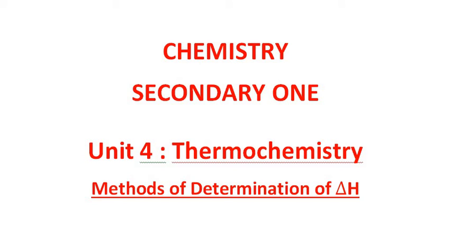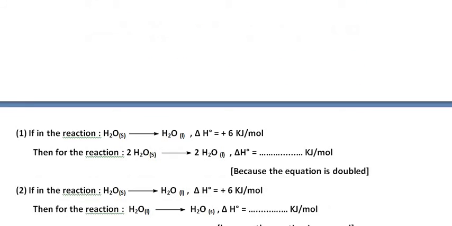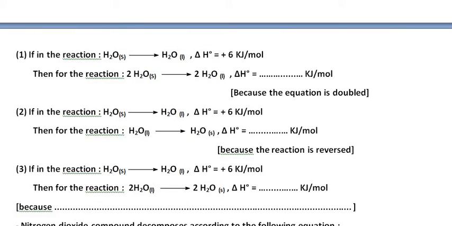Today we are still in unit 4 thermochemistry. The lesson now is the method for determination of delta H, which is the change in the heat content of a reaction or the enthalpy change of the reaction. In this reaction, for example, water ice solid is changing into water liquid, and the delta H for this conversion, for this physical change, is plus